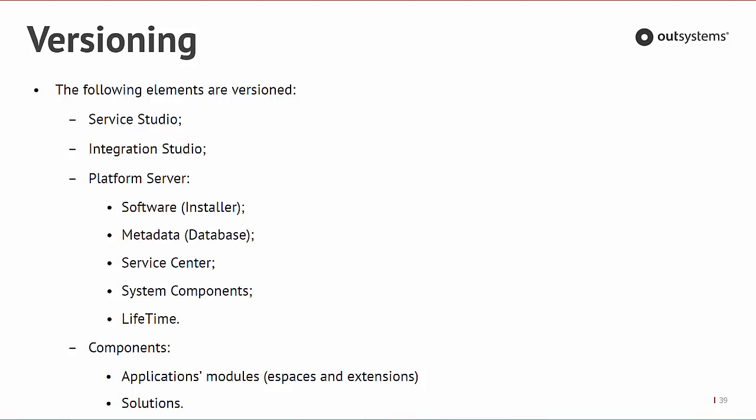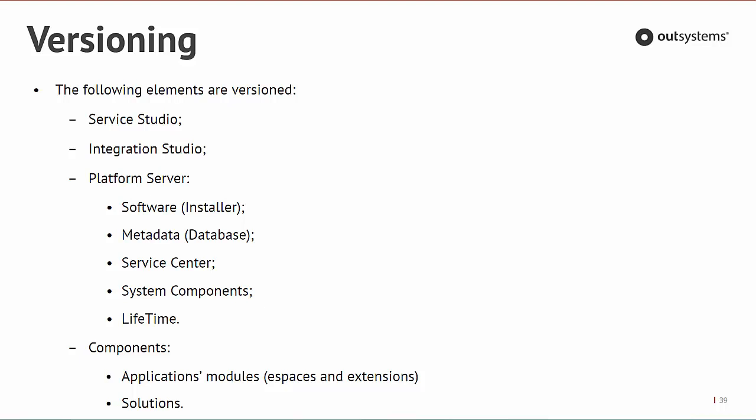So the development tools, and this is Service Studio and Integration Studio. The platform server at 3 different levels. So the installer itself, the version of the metadata in the database, and system components, Service Center, and Lifetime. And finally, components, as in modules, extensions, and solutions developed by